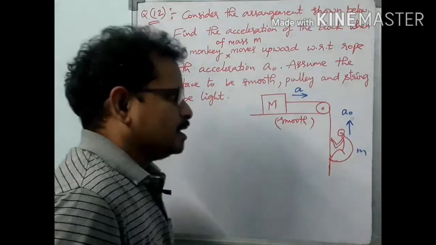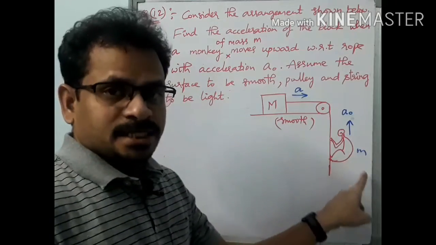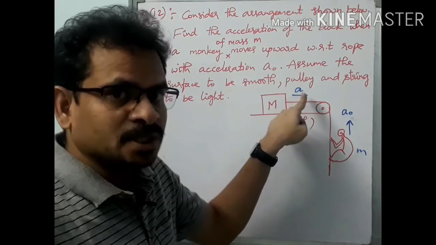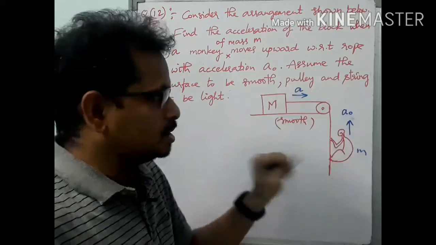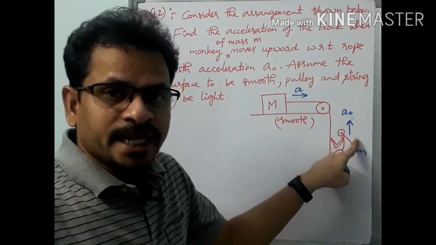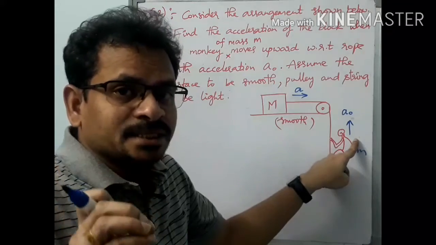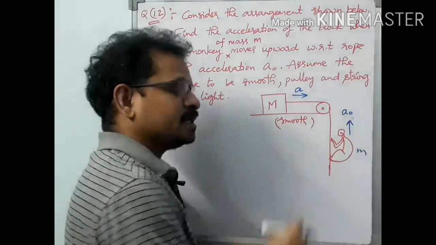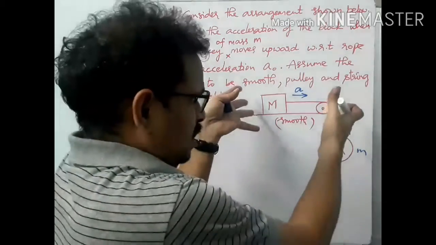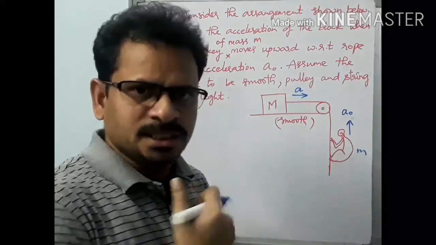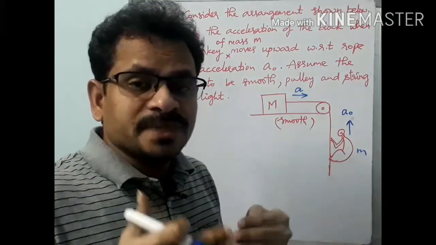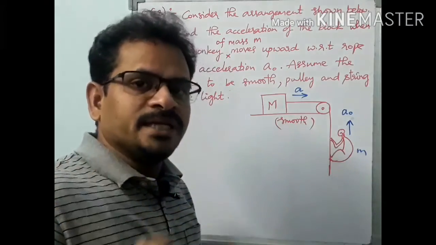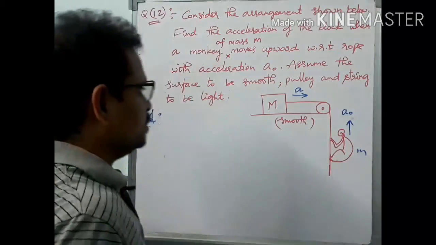In such problems, we have to express all the accelerations with respect to ground first. See here, this is absolute acceleration, that is acceleration of this block with respect to ground, and this is an assumed quantity. No need to bother about this. But what about this a naught? A naught is not absolute acceleration. It is the acceleration of the monkey with respect to this rope, not with respect to ground. So we have to express the acceleration of this monkey with respect to ground. So for all such problems, take care that you express all the accelerations with respect to ground, and after that draw FBDs and solve the equations as usual, as you did before, right?